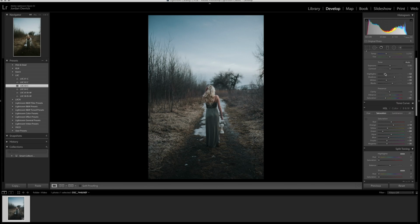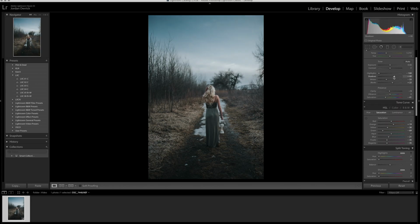But yeah. So first off, I always reduce my highlights, and I feel like that always brings out the blues in the sky more, and that's kind of my signature. I love blue skies so much, and I always bring my highlights down, usually whenever I do any editing of any sort. So